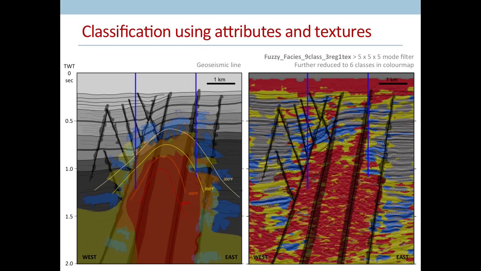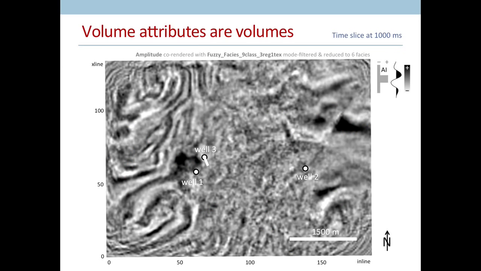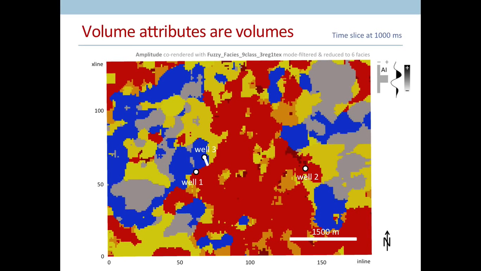But the idea behind the rightmost image is that it's not just a cross-section that we compare to our geoseismic line. It's actually a full 3D volume that we can explore and slice and dice however we want. So here's a time slice at 1,000 milliseconds. And I think this volumetric mindset is the mindset we need to embrace when we do interpretation. Even things that are incredibly irregular and complex shapes